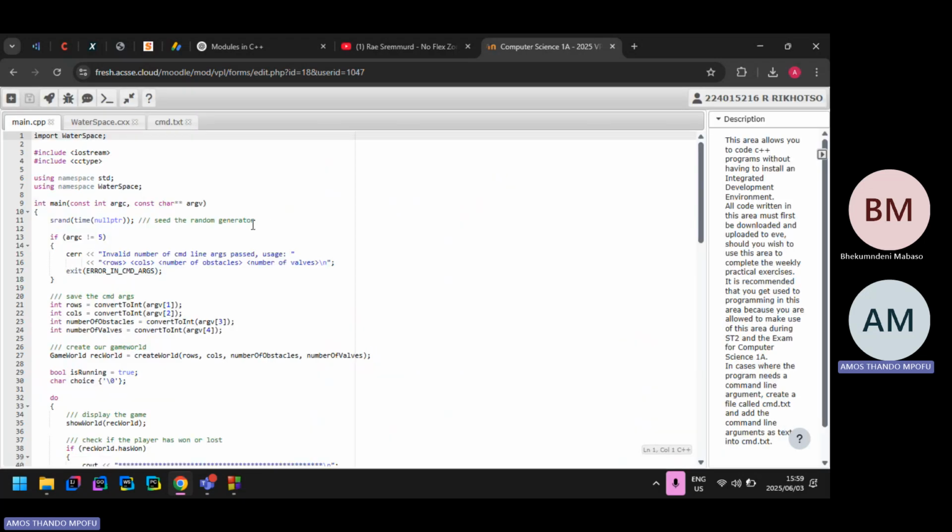At least if it was a VPL exercise, I would have tried to test it to see if it's going to pass. Maybe it would have passed, even though it's refusing to run. But connection fail. Now it's failing to connect. That's weird. Yeah, you see something is up with VPL. Now all of a sudden it has issues with the server or something.